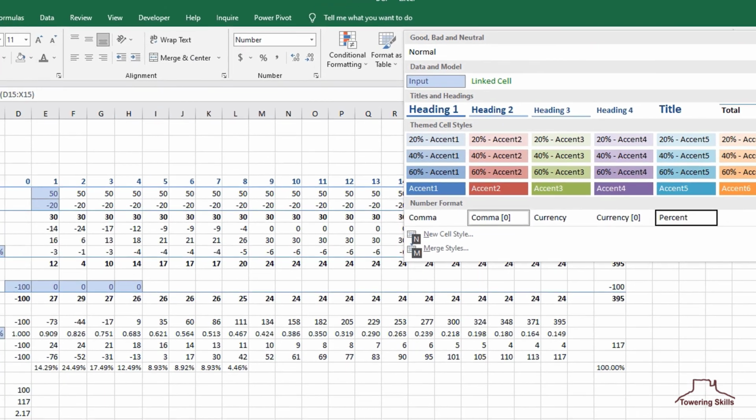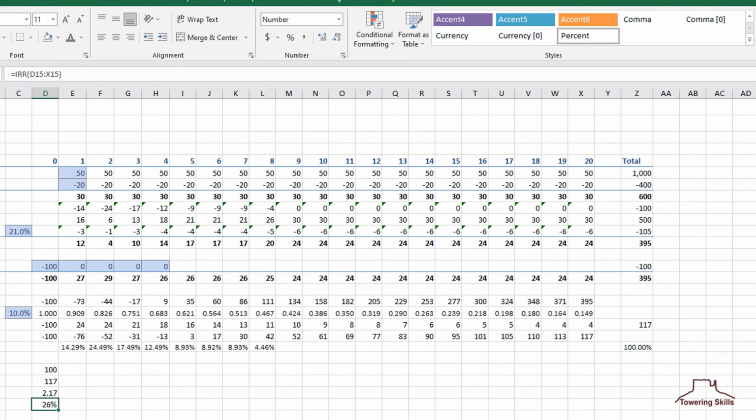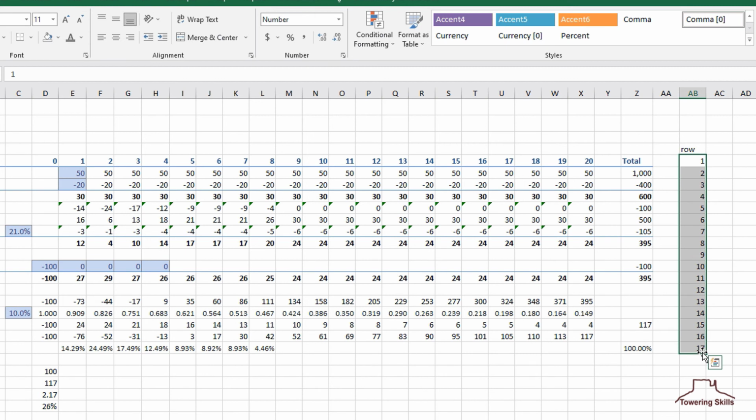Now we'll add the payback. But first, we'll add values to column AB that will help us calculate the payback. In cell AB4, we'll add the word row. And in cells AB5 through AB21, we'll enter the values 1, 2, 3, all the way through 17. Ensure that these are numbers, not formulas. We'll format column AB in a light gray font because these values are helper values.